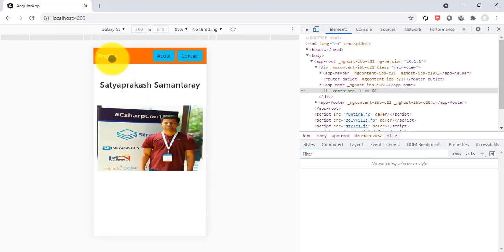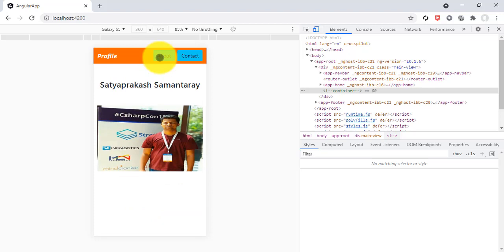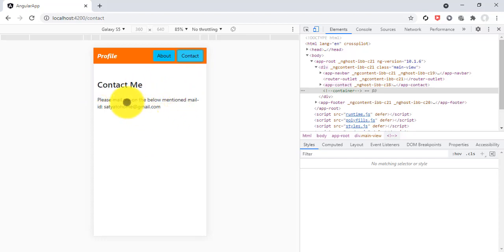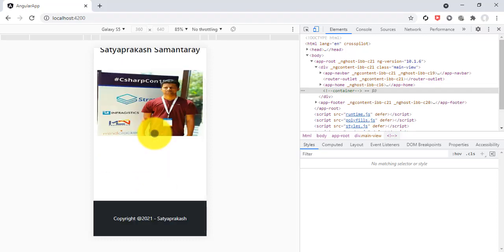So you can see that on Galaxy S5 also the Angular application is fully responsive. Here I will click about, the content is available. If you click contact, the content is available, and here I will click the profile, the home component content is available with the image, and the footer section is available.